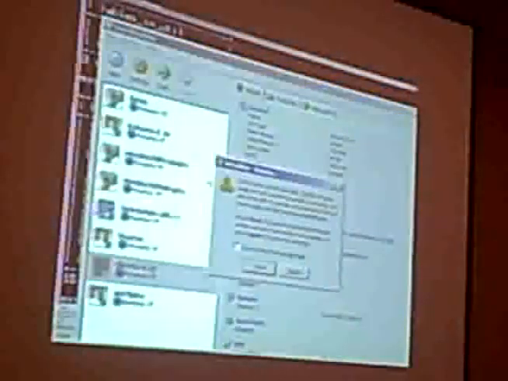And if the virtual machine is up, I'll show you how that works. Okay, so